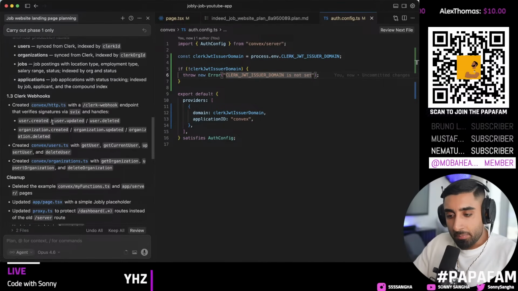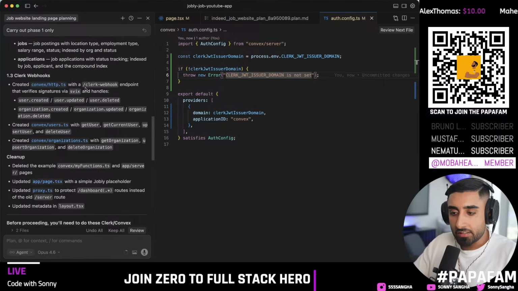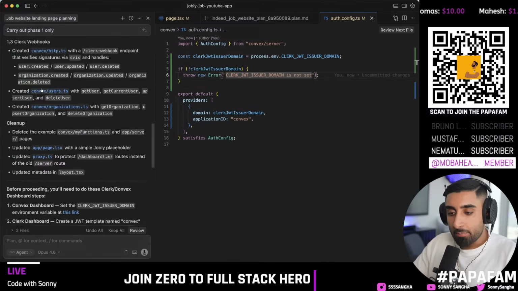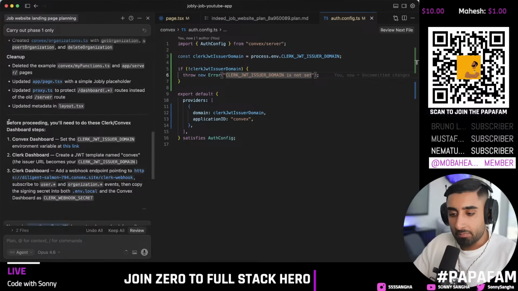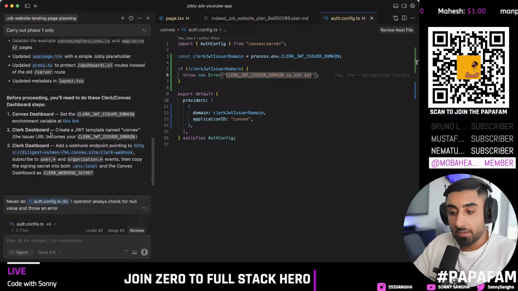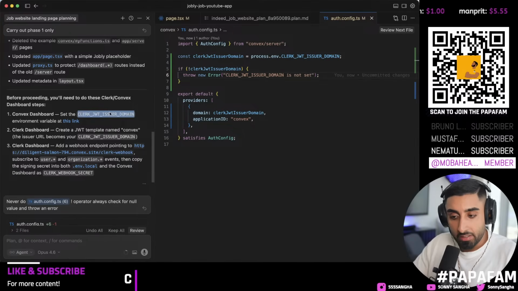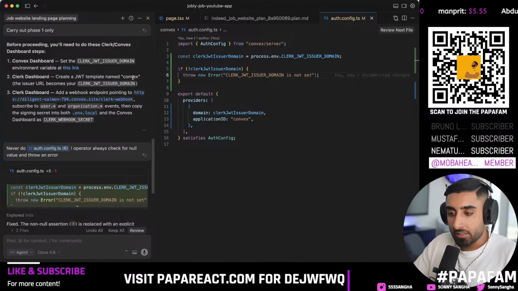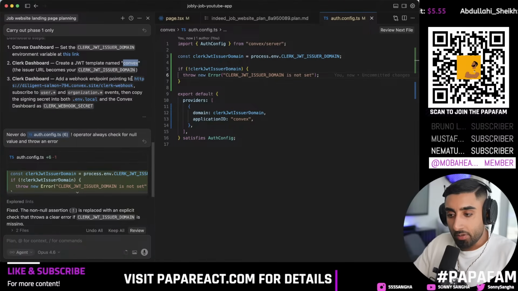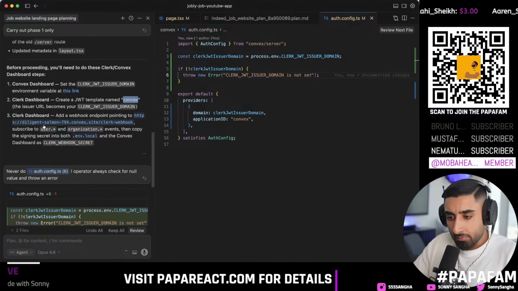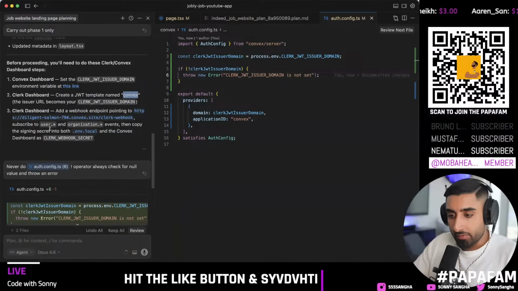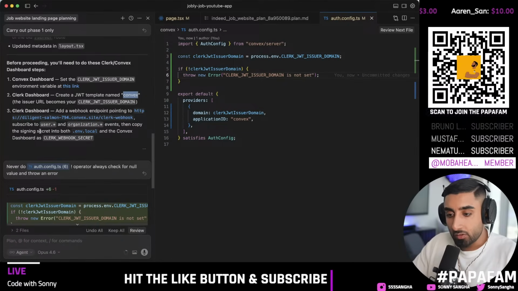Now, next thing is Clerk webhooks, right? So you see it created the HTTP with a Clerk webhook endpoint, but it didn't tell me, oh yeah, it did. Before proceeding, you'll need to do the following steps. Convex dashboard, set the Clerk issuer by using this link. We've done that already. Clerk dashboard, create a JWT template named Convex. We already did that. Clerk dashboard, add a webhook endpoint pointing to this right here. Okay, so what we're doing now is subscribing to all user events and organization events,